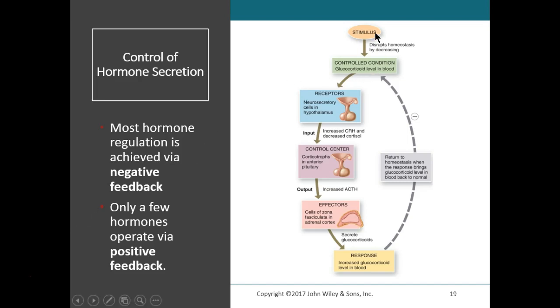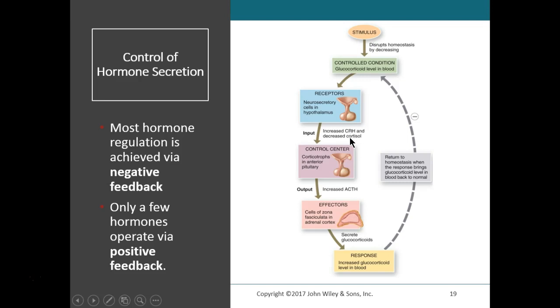Oh, we're using blood sugar. All right, so there's a stimulus that disrupts homeostasis because we had a decrease in blood sugar. That information was sent to the brain. Okay, so the brain then is going to cause the hypothalamus to secrete hormones called corticotropin releasing hormone and decrease the level of cortisol that's going to be secreted from the adrenals. So the control center, of course, is going to start an action. Let me